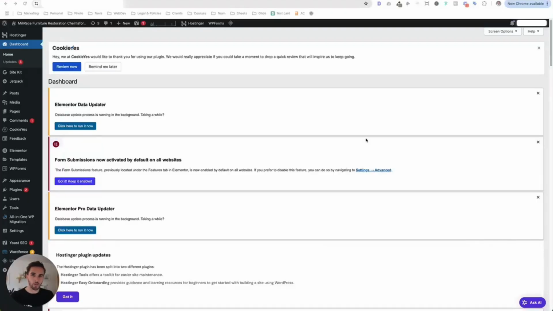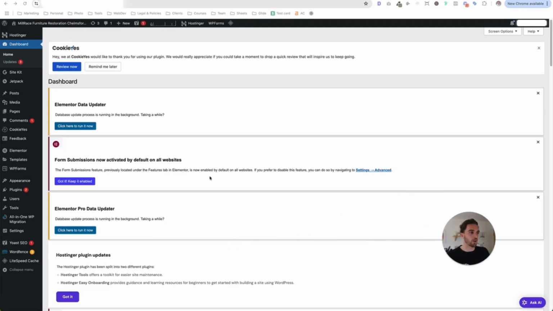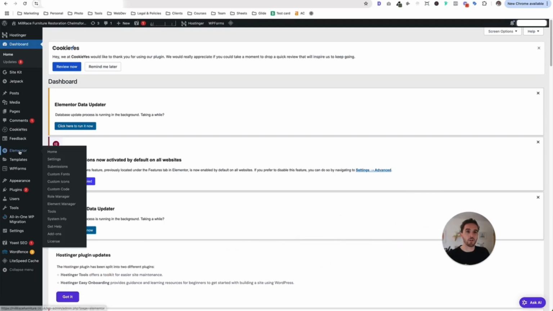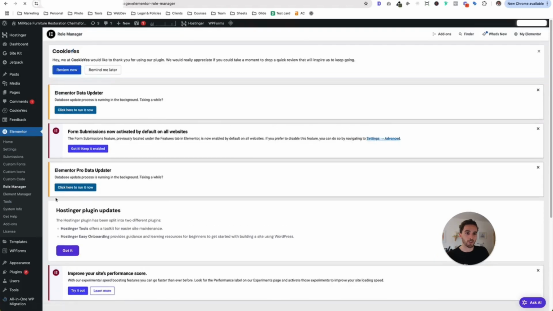in Elementor. So I've got one of my clients' websites here as an example, and when you log into the WordPress dashboard, you won't see much, but it's important that we go, just as I mentioned, to Elementor on the left hand side, which is the page builder which your website's built on, and then hover over, you'll see Role Manager here. So this is important because as web designers and web devs or someone that's maintaining your website,